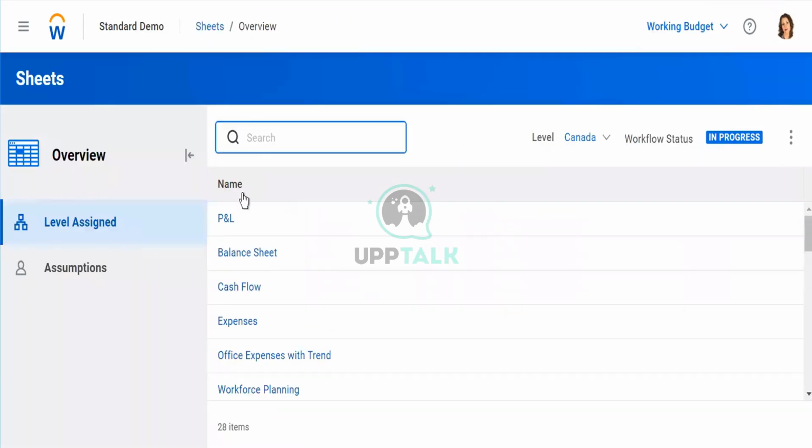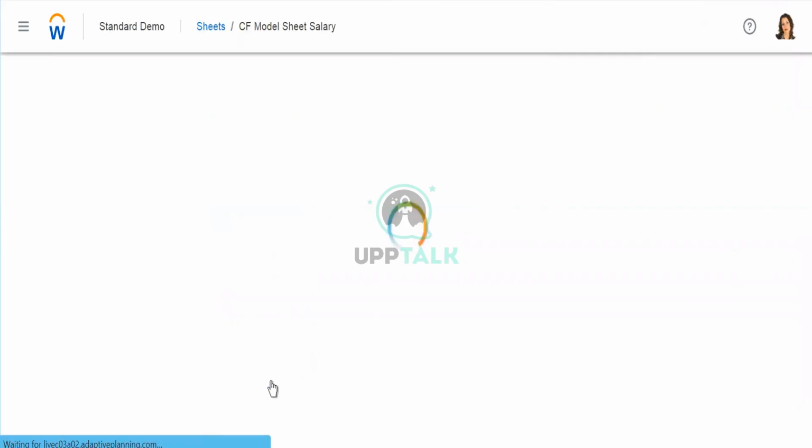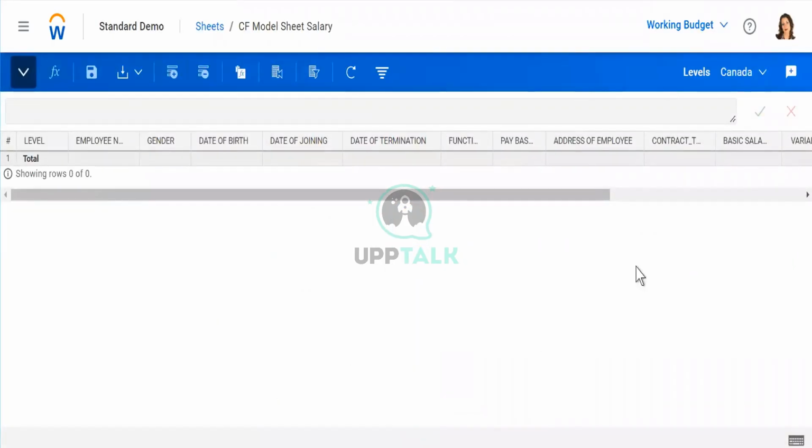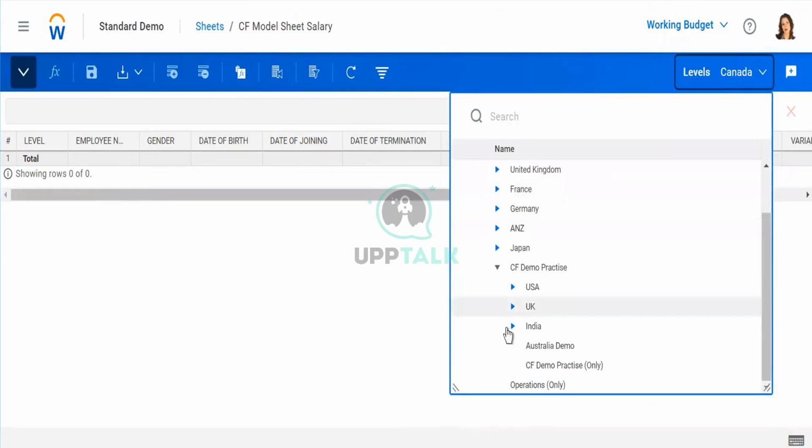Let's go to Sheets Overview. This one is our sheet, which we have built. There is no data here, and I will see if I am able to enter data for Store Unknown 1, which we created.